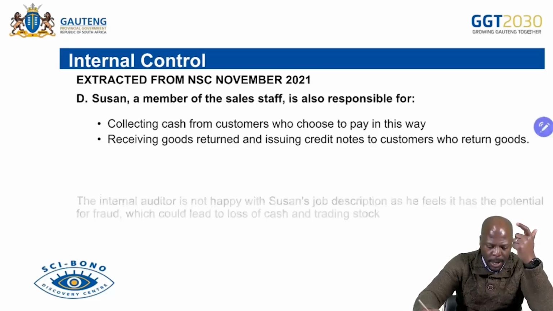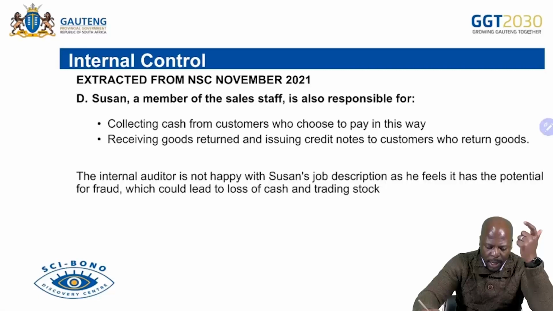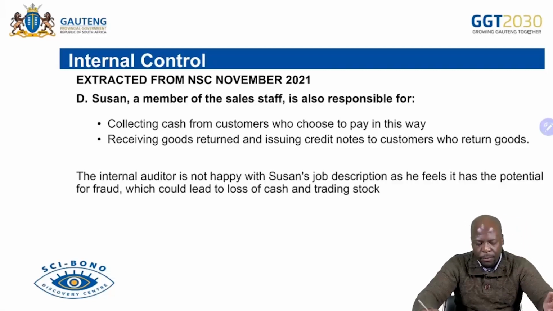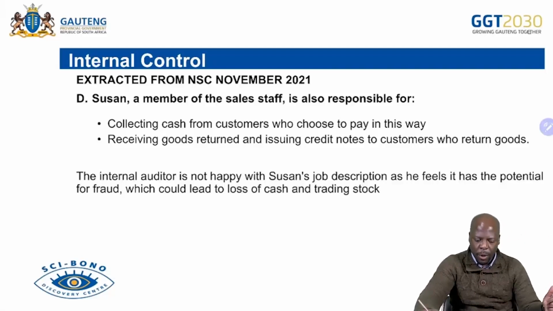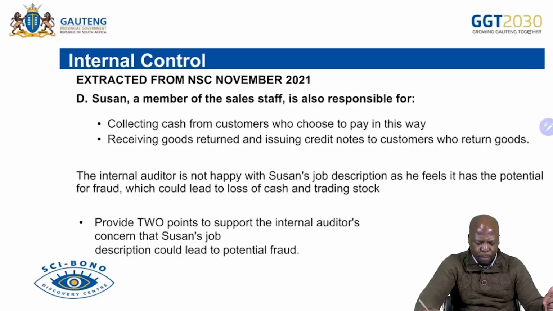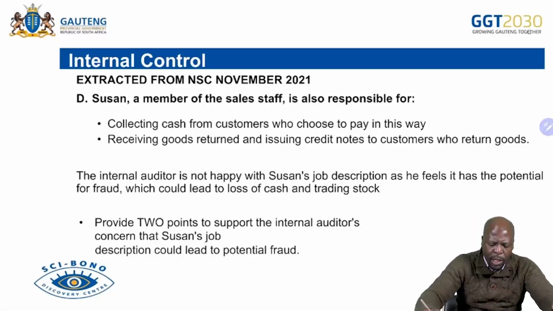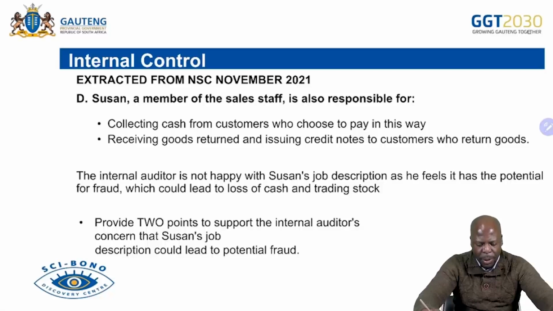Okay, let's see. Now, the internal auditor is not happy with Susan's job description as he feels it has the potential for fraud, which could lead to loss of cash and trading stock. So there is the potential of fraud because she collects cash from customers who pay in cash, but she also receives the goods that have been returned and issues credit notes to customers who return goods. Provide 2 points to support the internal auditor's concern that Susan's job description could lead to potential fraud. What do we see here? Number one,